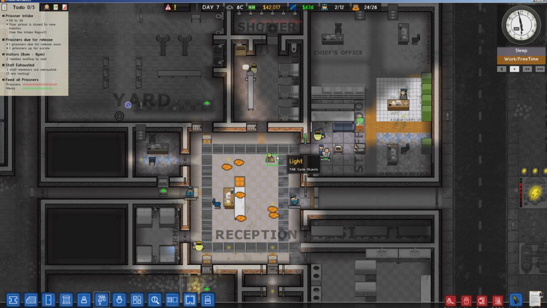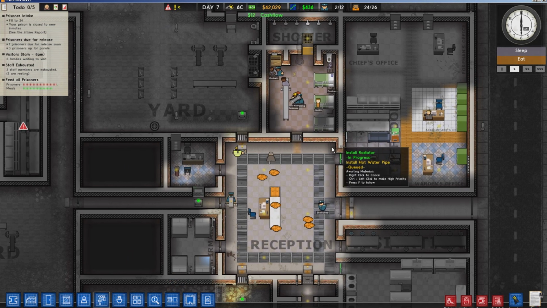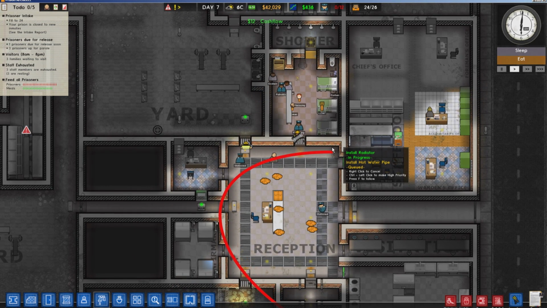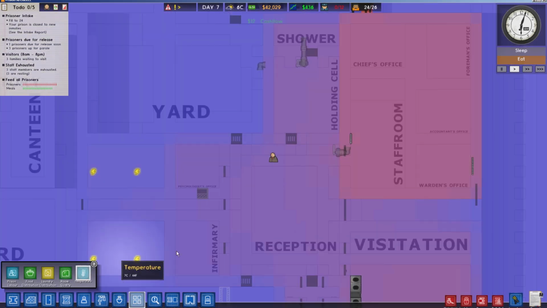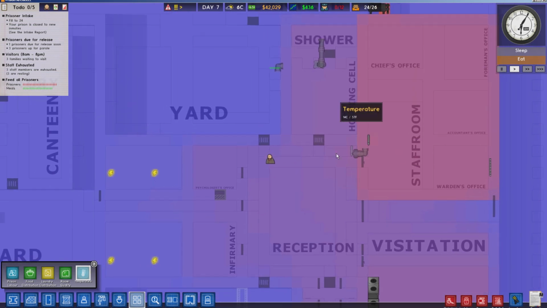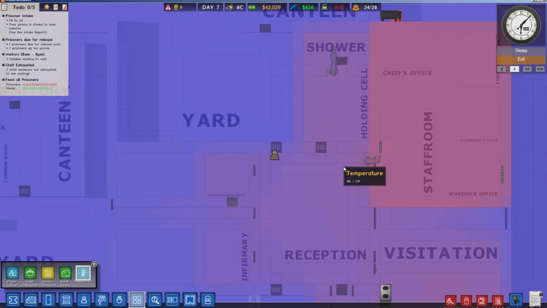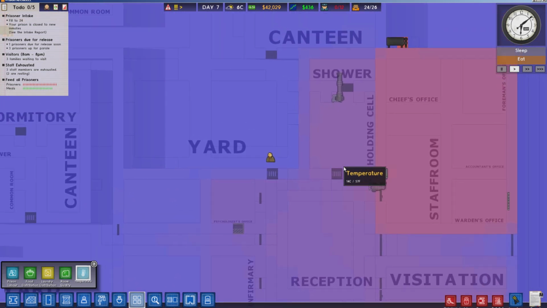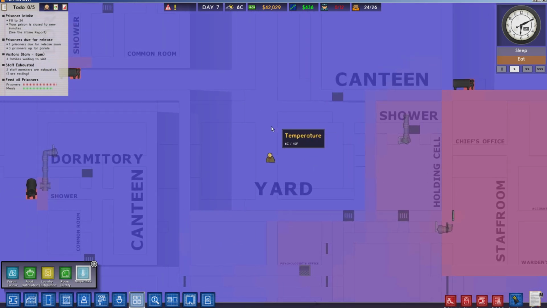Yep, that worked. It needs the radiator to be plugged in over, not just next to it, but actually over. So let's see if this will help with our temperatures. You can see already that's warmed up to a nice 20, so that should warm up as well. That might improve everyone's demeanor, shall we say, by having a nice warm room